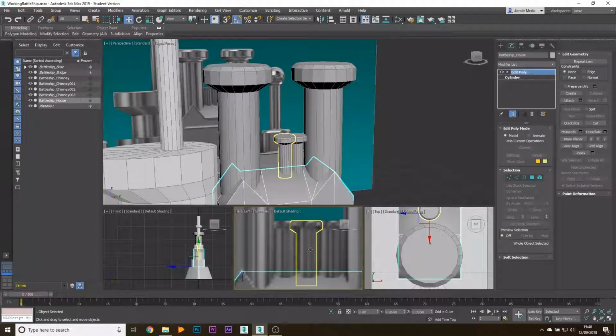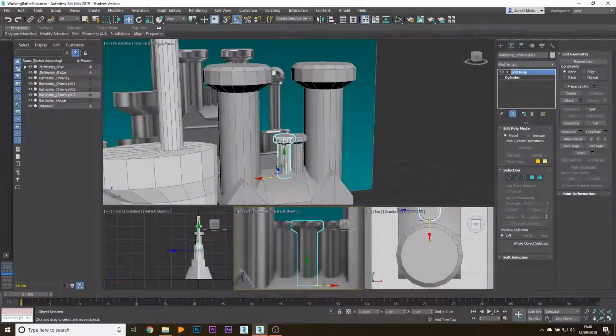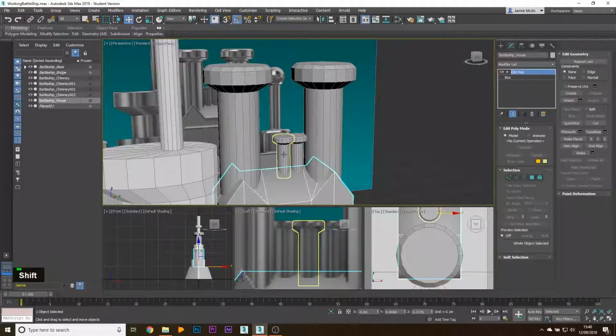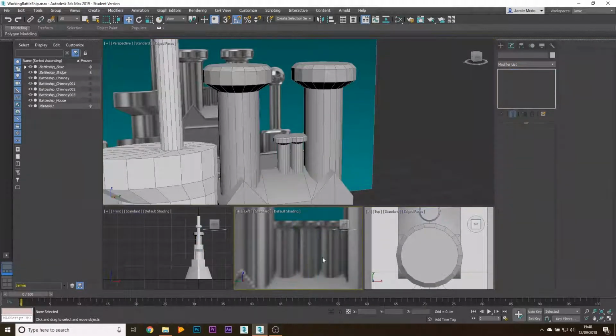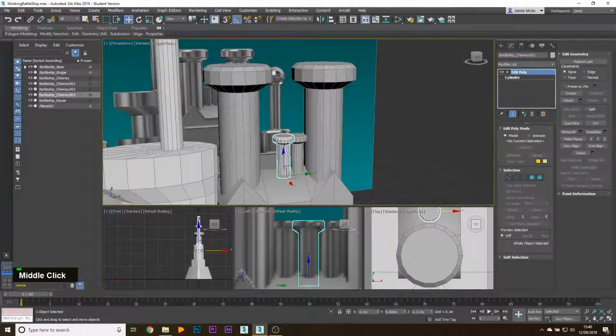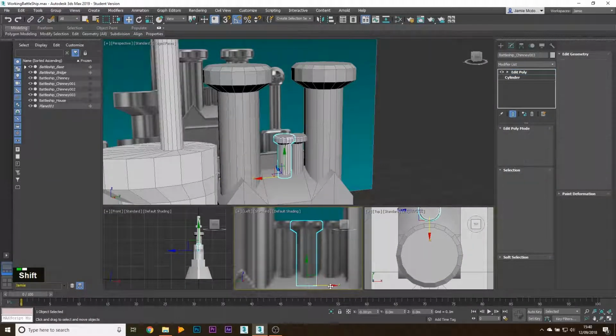And I'm just going to middle click, hold shift. You can see if you don't middle click on the viewports, it changes all the... so you see this down here, how it has a blue Z and a green Y. If I clicked, it just kind of unselects, but if you have something selected and you middle click, it switches the viewport. Okay, so holding shift, drag out the other way, this way, drag out the final one,